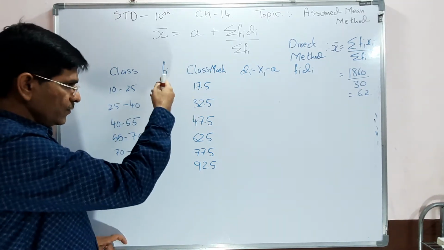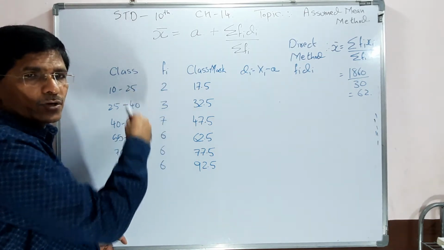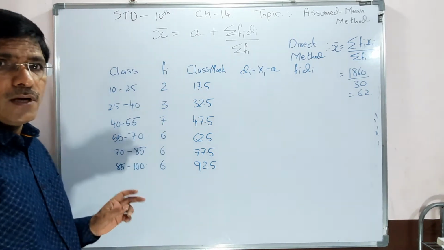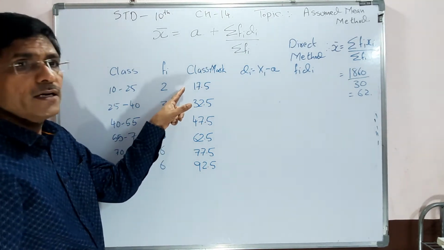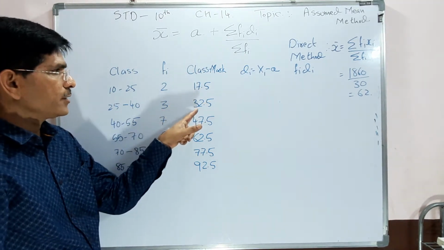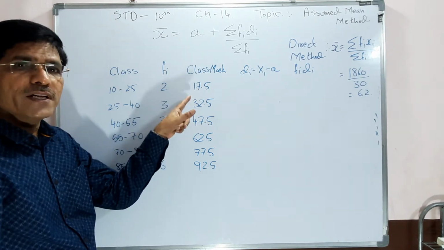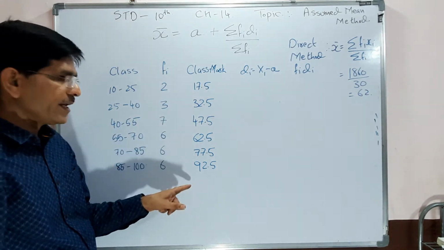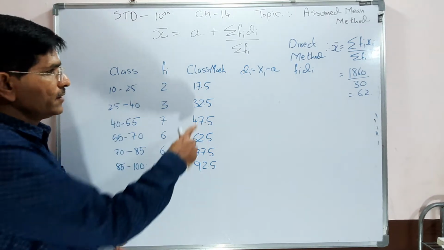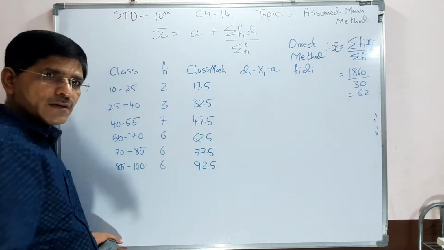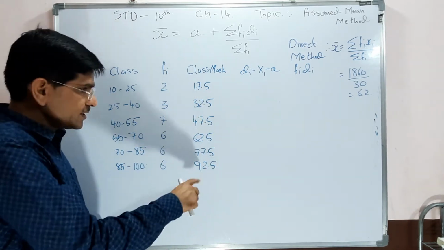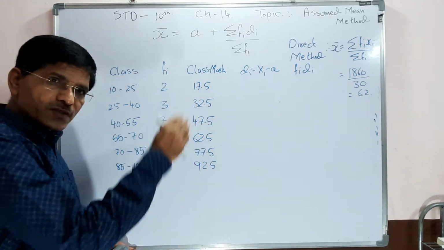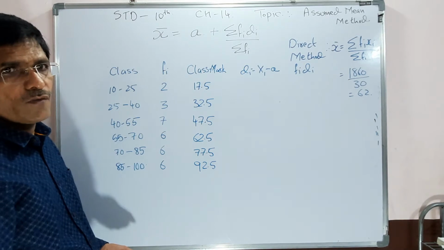Now we know that we cannot continue doing like that because we are wasting our time in the exam. So how can we go further now? See the difference: 17.5, 32.5. The difference is 15. So we have to go through 15. Every time add 15. 32.5 plus 15 is 47.5. Again plus 15 is 62.5. Again plus 15 is 77.5. Again plus 15 is 92.5.